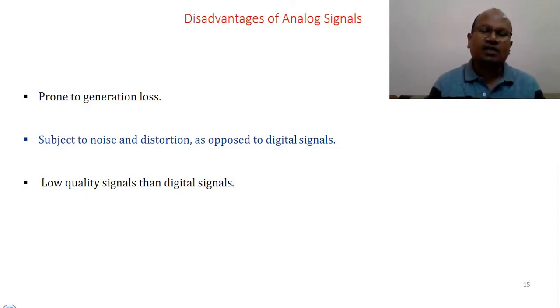There are advantages and disadvantages associated with both analog and digital signals. But of course, in digital signal transmission, the transmission is fast. Of course, the bandwidth requirement is high. It's more than what is required in analog transmission. But the signal quality is very, very good as compared to analog transmission. But the bandwidth requirement is more in digital signal transmission. So the major advantages are that signal transmission is faster and the signal quality is extremely good in comparison with analog signal